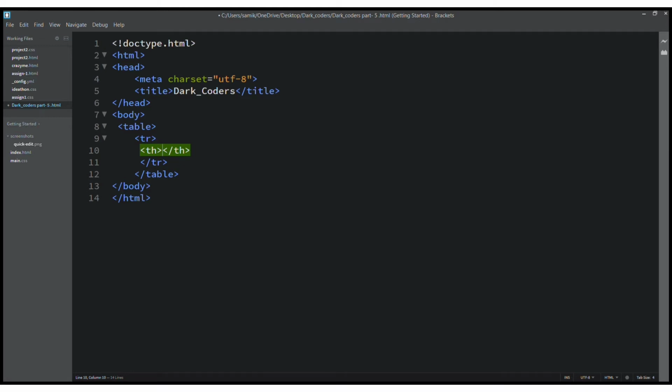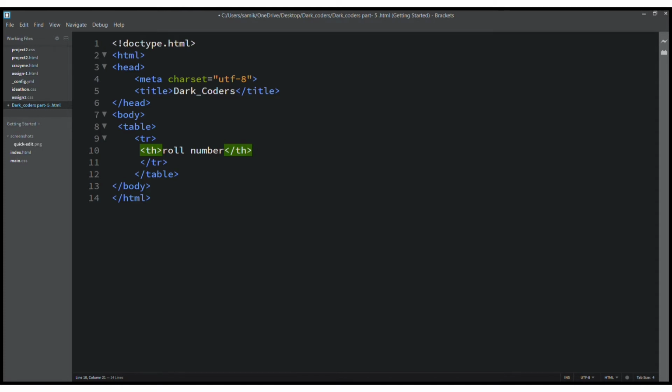So here I will write roll number. That will be displayed when we run our program.